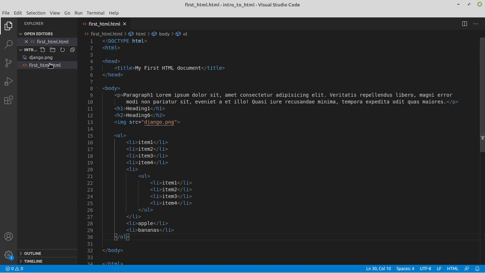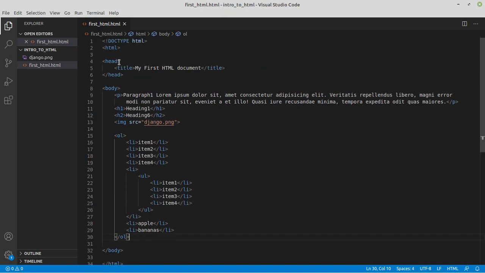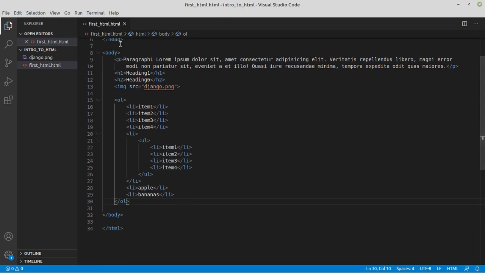So we learned how to make an HTML document, give it an HTML extension, giving the doc type declaration. We learned about the HTML tag, the head tag, the title tag which goes inside it, which makes the title of our document, the body tag which is alongside the head tag, which is our main document, which is shown to the user.